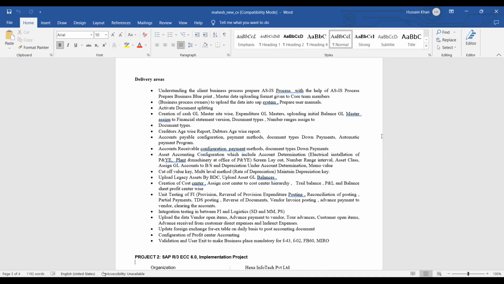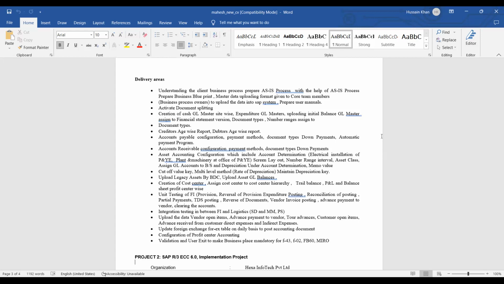So you can see the assistance in business documents, then creation of GL, then accounts payable, accounts receivable, integration. So you can see they have mentioned the same points which we discussed earlier, which were there on the top, right? It's just that those points have come down because they have worked and they have mentioned in their experience profile the same thing. So there's no difference. The only difference is that they have worked and they have experience in a company. That's the reason they have mentioned that under the experience section of it.